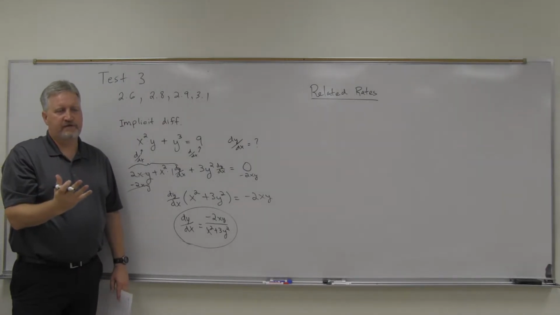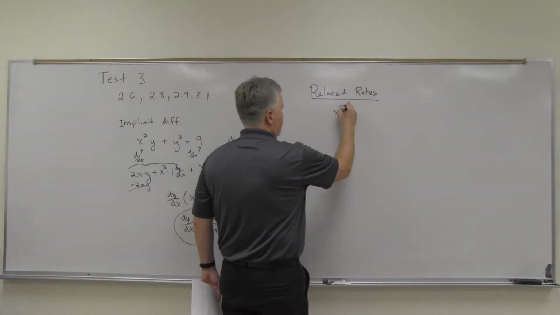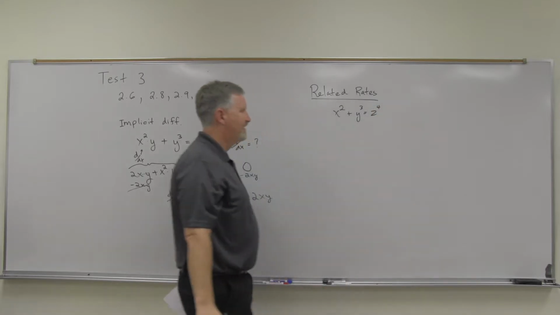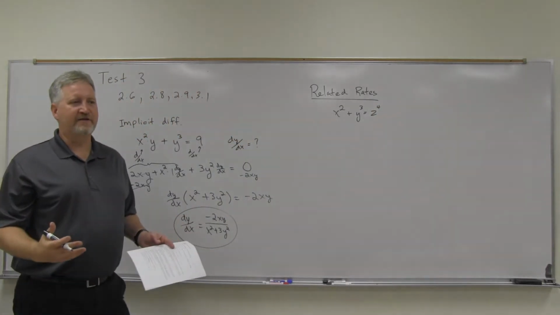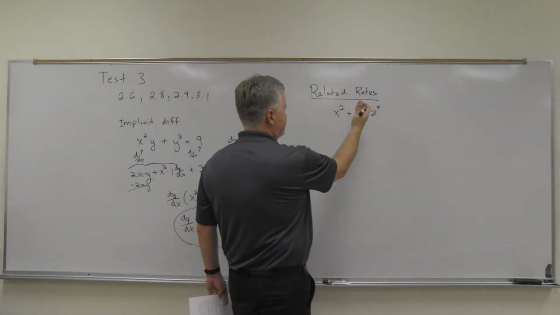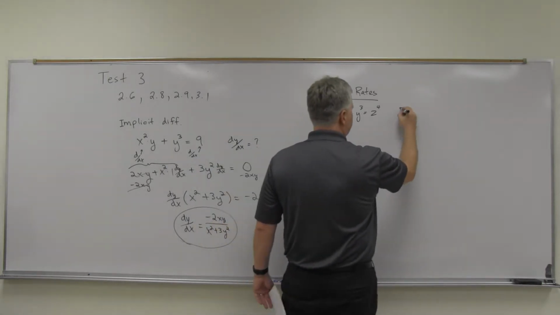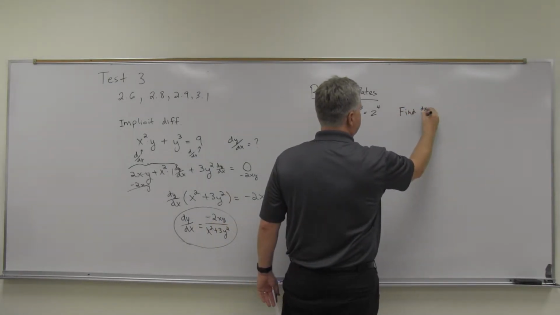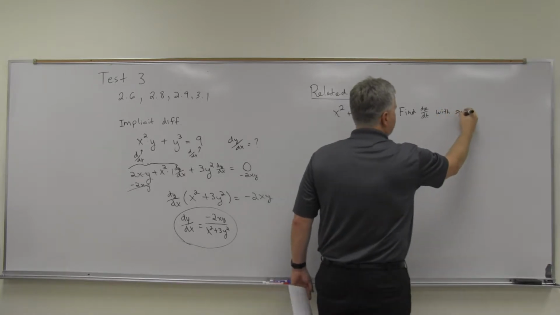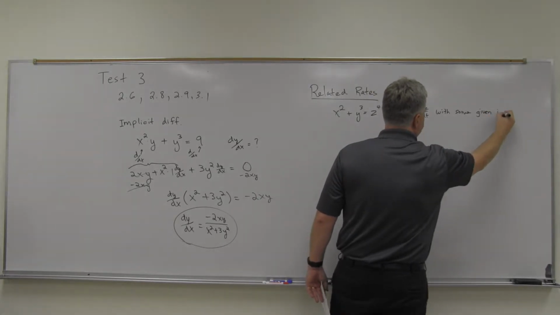Sometimes we start off with an equation like x squared plus y cubed equals z to the fourth or something like that, where you start with an equation and, say, we know dx over dt and dy over dt, and we want to find dz over dt. I'm not going to go through the entire problem like that, but